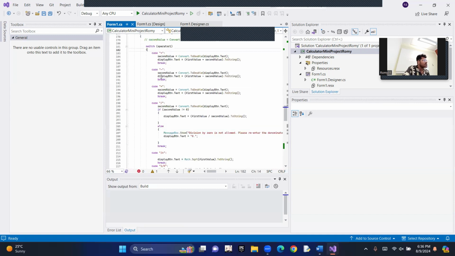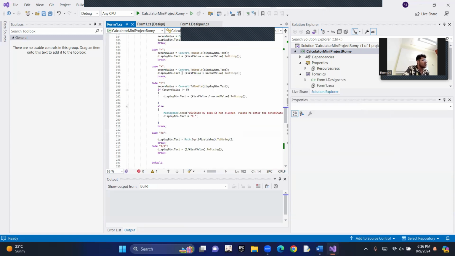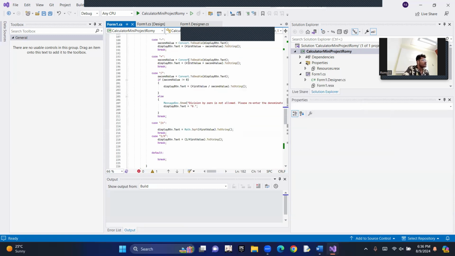This is for the subtraction. This basically does the same thing, but for subtraction. This is for the multiplication. It multiplies the first value and second value. And this is for the division. This is basically a division sign. So what it does is a bit different. So if the second value is not